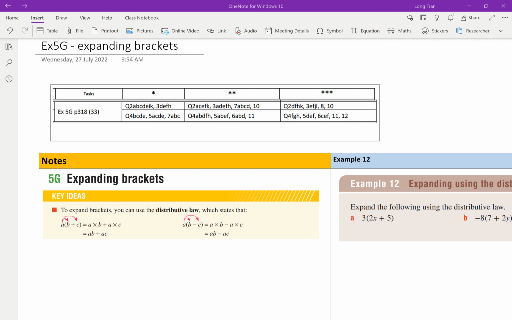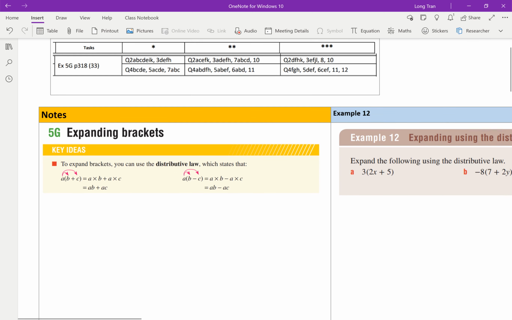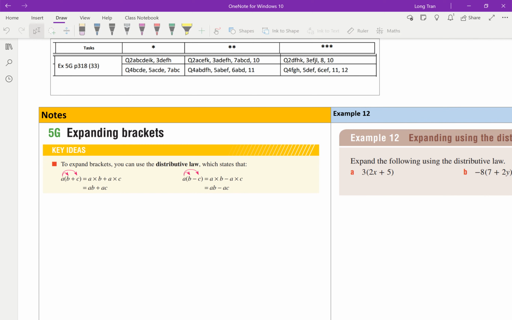Expanding brackets, exercise 5G. Now, what we're going to be learning the first term, AJ, you're going to face your body towards the board, have your exercise books open. We're on exercise 5G, expanding brackets. The first term